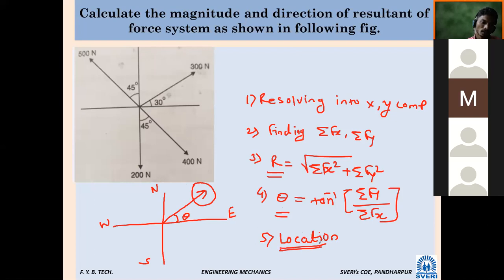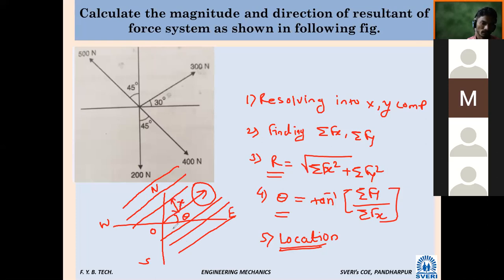Location means, suppose this R is right now shown passing through point O. We are going to calculate the shortest, or minimum, distance, with the resultant going upward in this way. So these lines will be parallel like this. That is the simple concept. Depending upon your quadrant, you have to show one side, top side or down side, in which the force will come. So this is the distance we are going to calculate.